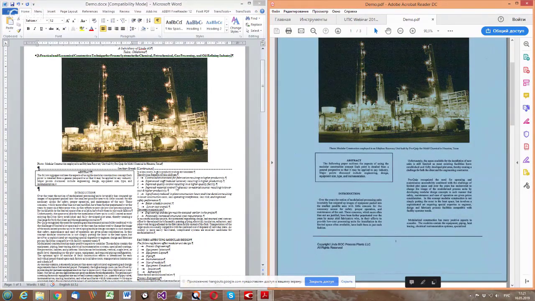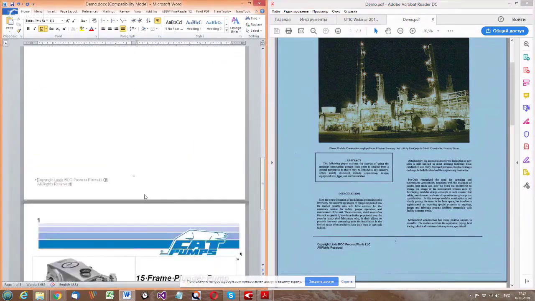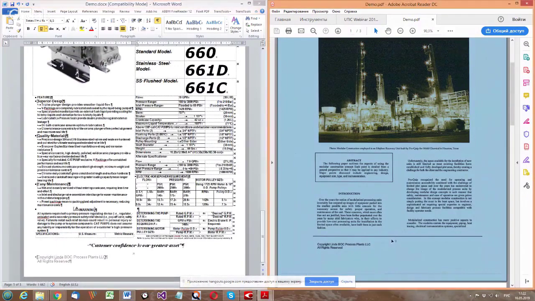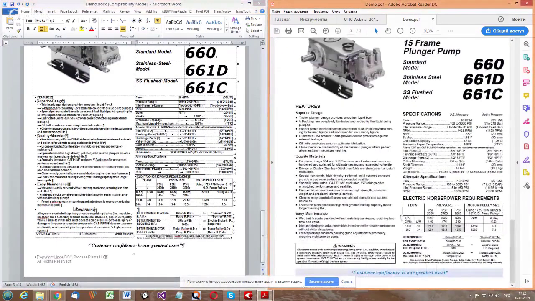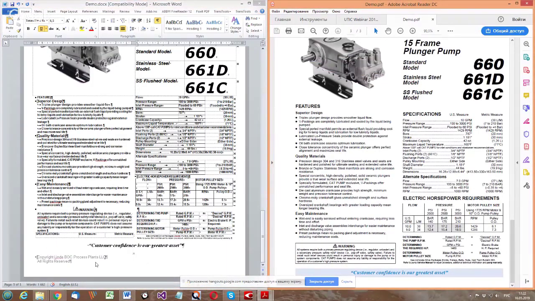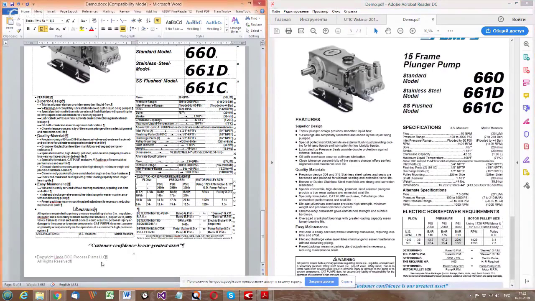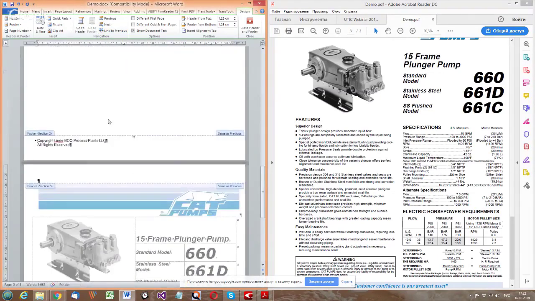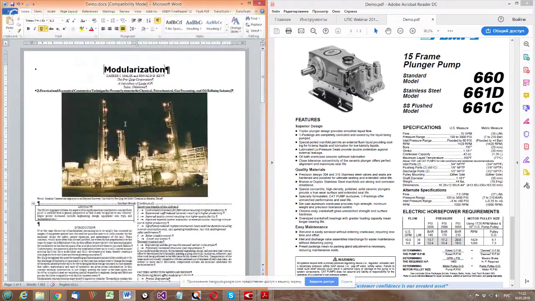And also, as you can see, there is the footer here, but on this page, this footer is also present. And this should not be the case, because on this page, we don't have this footer. Usually, what you need to do is double-click the footer, make sure that you're on the page where the footer needs to be deleted, and then unlink the footer from the footer of the previous section. And when it is unlinked, you can actually remove it, and this will not affect the footer on this page.